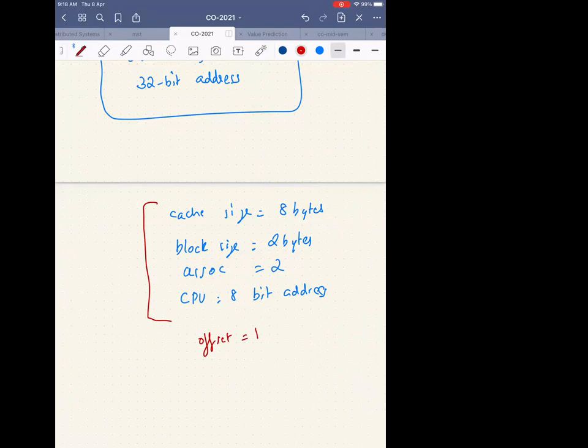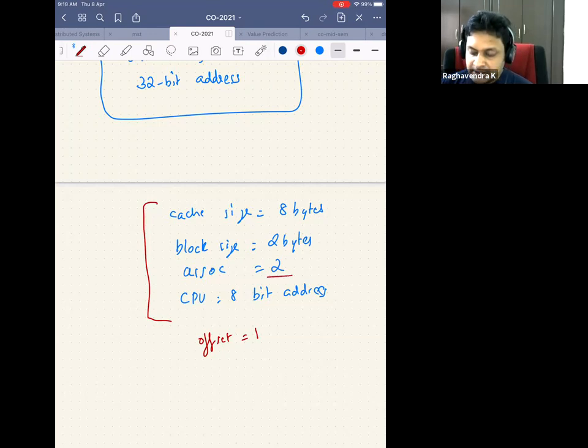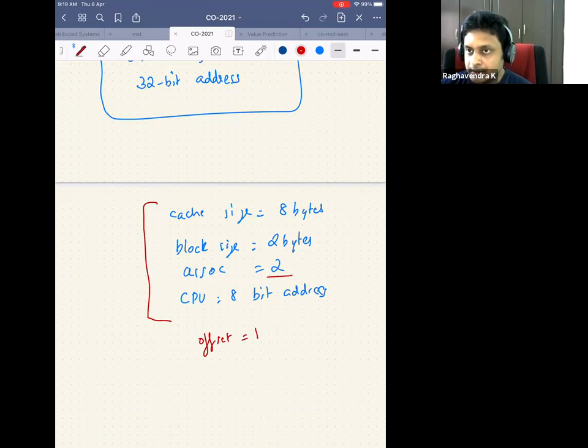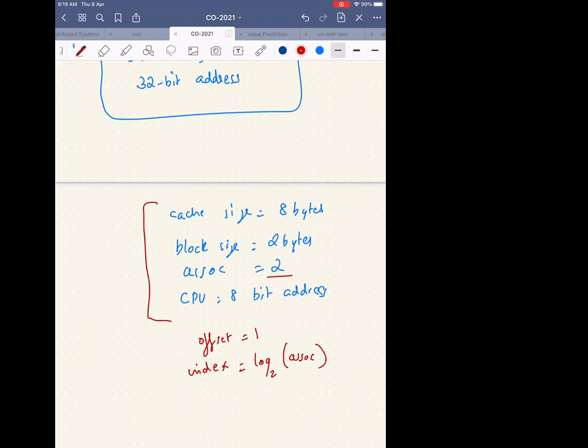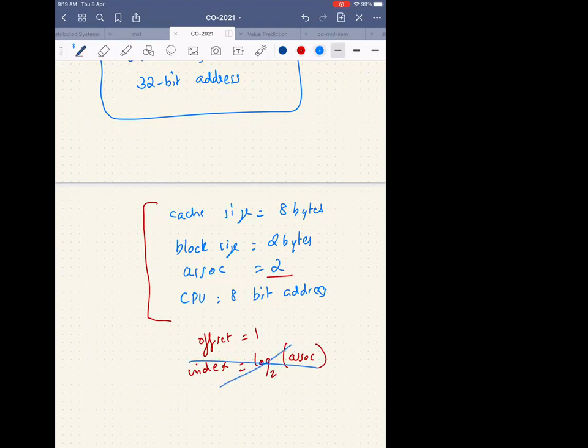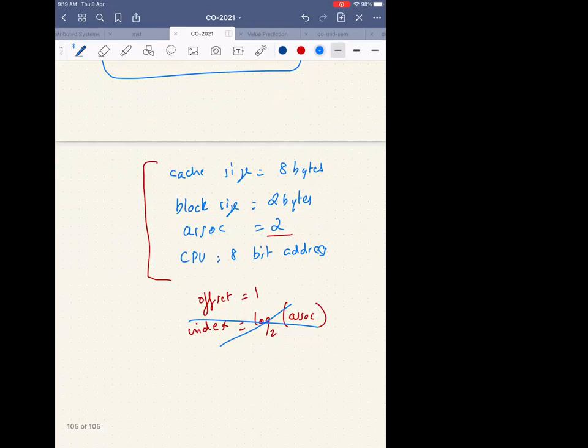Okay. And can I look at the associativity and say that the index is 1 bit because the associativity is 2? Yes, sir. No, think about it. I cannot look at the associativity and say that. So what should I calculate to figure out how many bits I need in the index? Can I just use index is equal to log base 2 of associativity? No. So I can't do this. You have to find how many blocks are there, then in each set how many blocks will come.